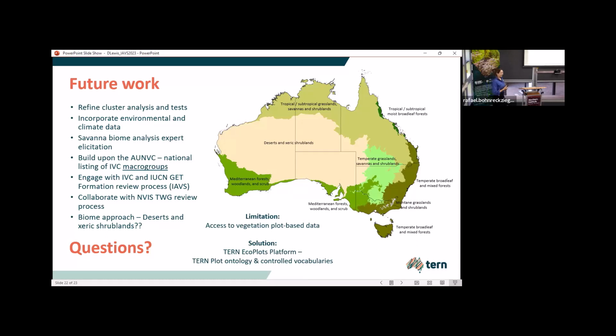We can start it. That was great for a non-vegetation person. That was fantastic. Point of history: why is the NT so well served with plot-based data? It's a very good question. And look, maybe it's a result of